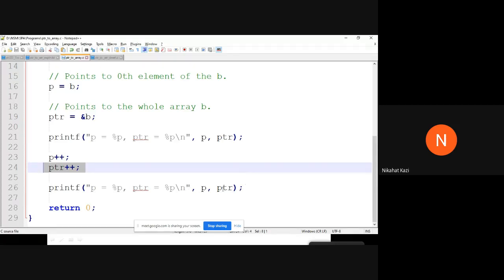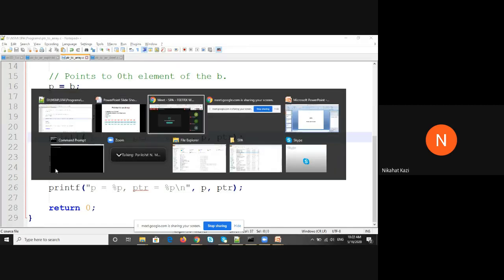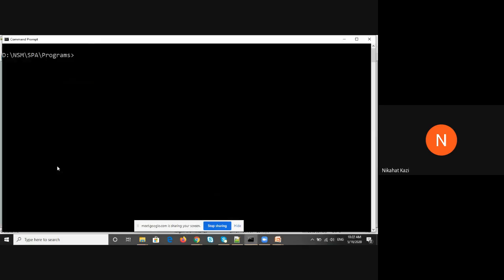Okay, now let us run this and see. So what we are doing is we are printing PTR and p values initially, whatever the addresses are, and after we do the advance, we will understand whether they are same or not.